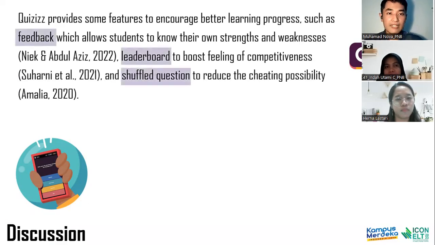Quizziz provides some features to encourage the students during the assessment process. For example, the feedback, which allows students to know their own strengths and weaknesses during the learning progress, and the leaderboard to boost the feeling of competitiveness in the classroom. And the last one is shuffled questions to reduce the cheating possibility during the assessment and also raise fairness among the students.